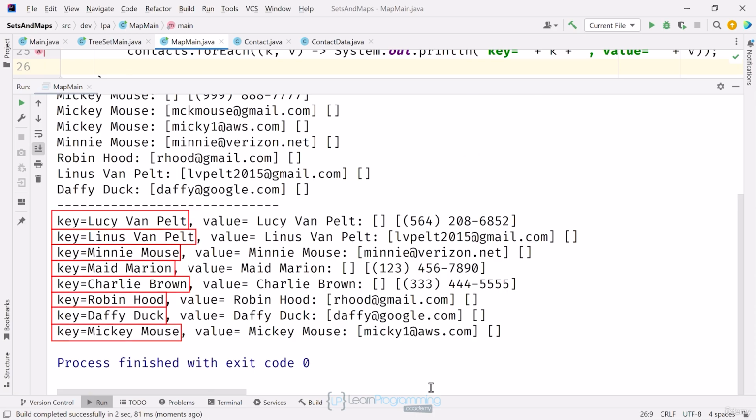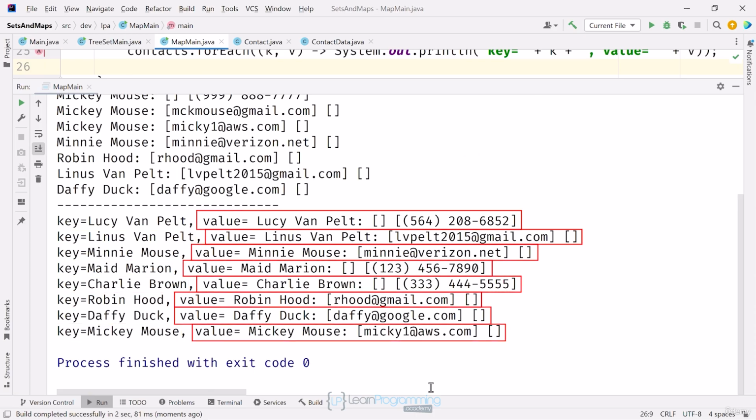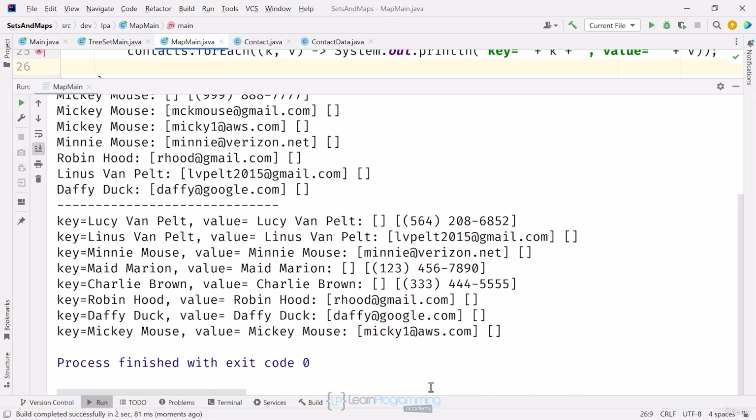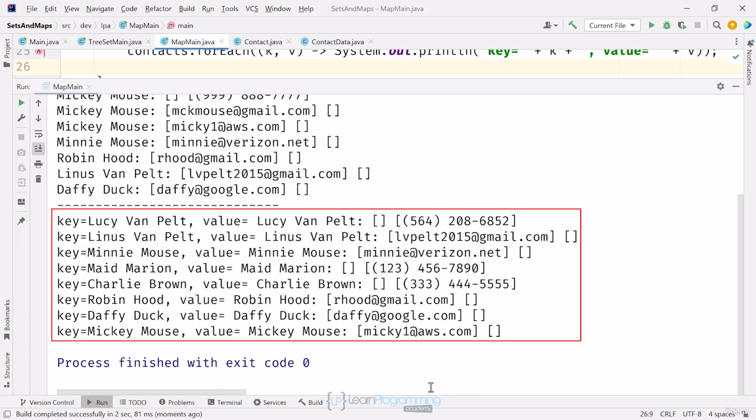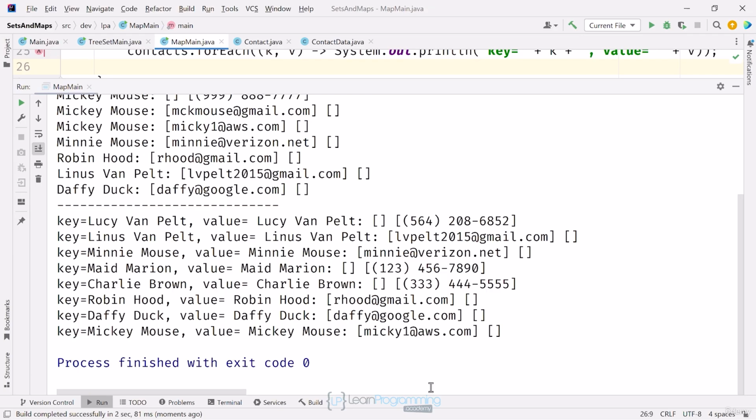You can see the keys are the contact names and the values are the contact records. These elements aren't in any particular order. Also notice that there are no duplicates of either key or value. Keys must be unique, but I also want you to see that Mickey's contact has an email and not a